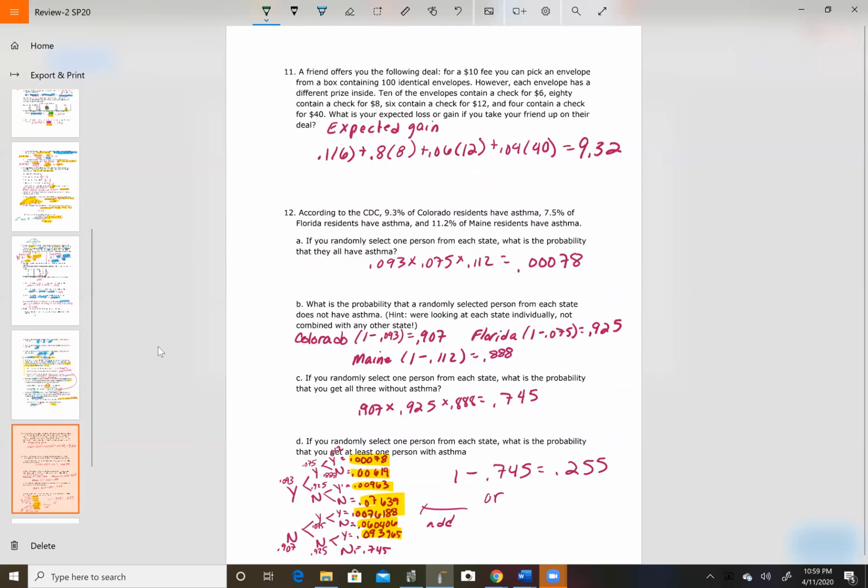A friend offers you the following deal. For a $10 fee, you can pick an envelope from a box containing 100 identical envelopes. However, each envelope has a different prize inside. 10 of the envelopes contain a check for $6. So 10 out of 100 is 10%. So this 10 that contain a check for $6, I have here, and this is the same expected